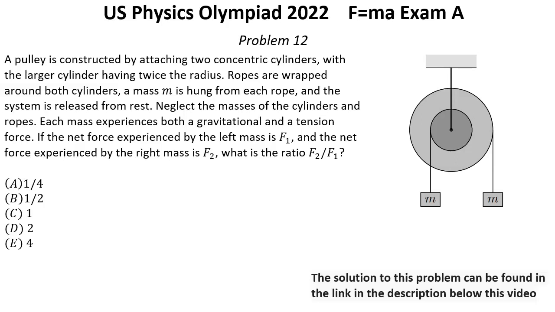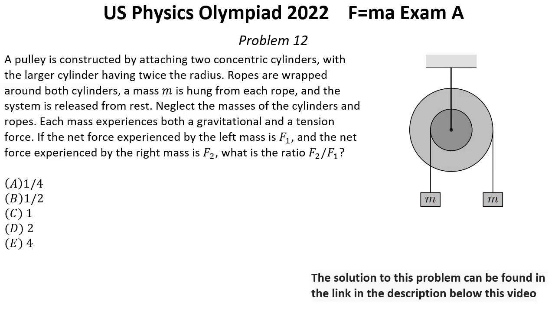Neglect the masses of the cylinders and the ropes. Each mass experiences both a gravitational and a tension force. If the net force experienced by the left mass is F1 and the net force experienced by the right mass is F2, what is the ratio